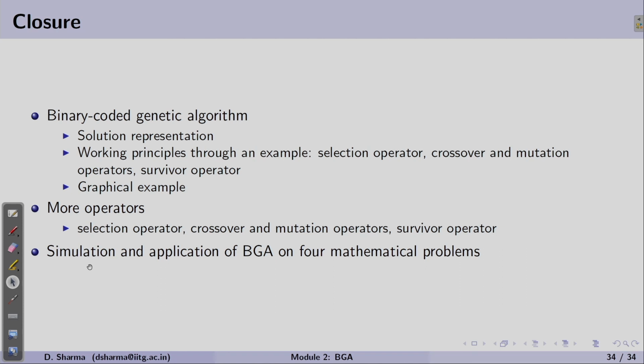Finally, for the application of binary GA on mathematical problems, we have taken 4 mathematical problems and shown the performance, and we found that as we increase the binary string length, the solution generated by BGA is closer to the optimum solution. However, when we increase the number of variables for, say, the Rastrigin function and Rosenbrock function, binary coded GA is still a little far from the optimum solution. We may require a larger population size as well as more generations to get an optimum solution.